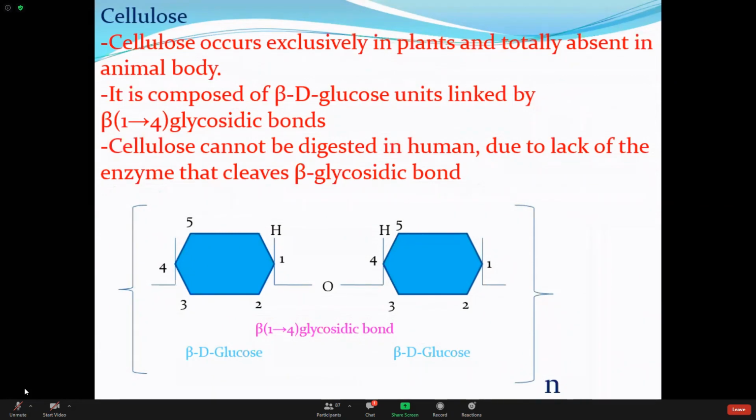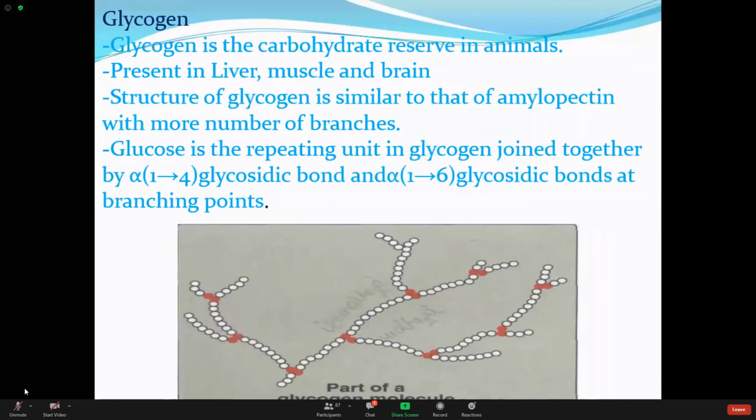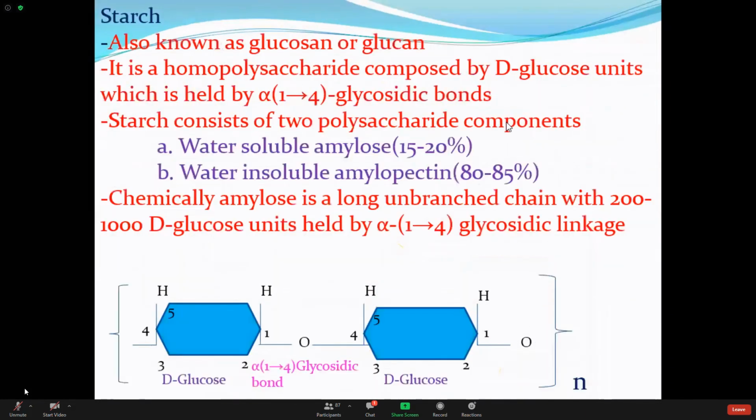So did you understand all of it, all of you? Yes. Anybody have any question? Doctor, I have a question. Yes. How can I differentiate between alpha and beta if it's a ring?